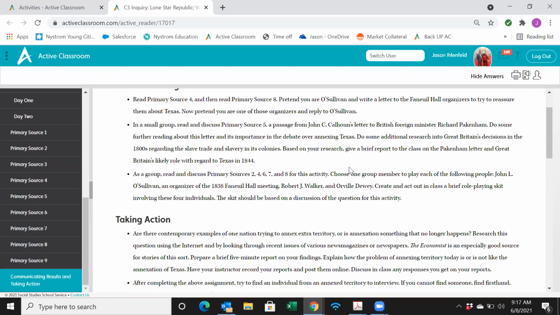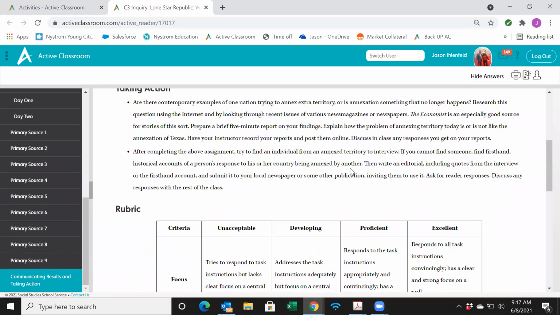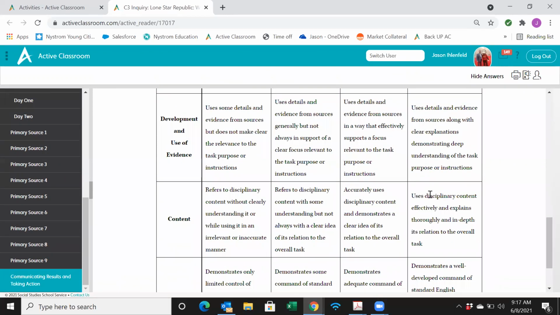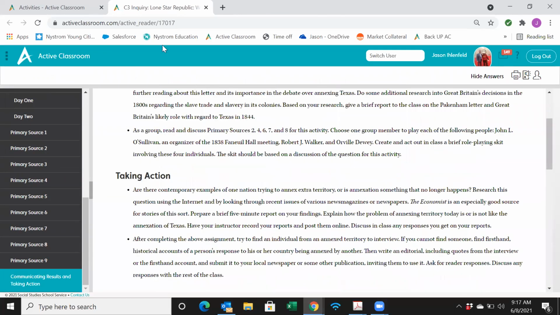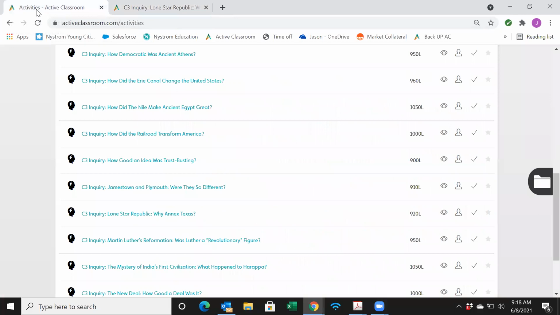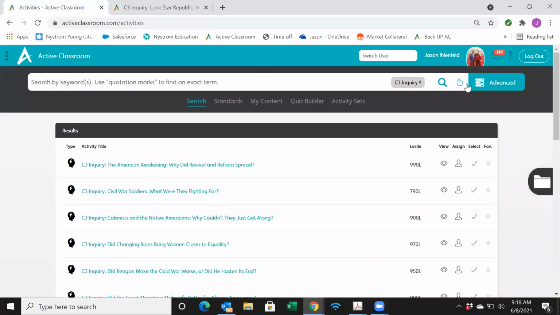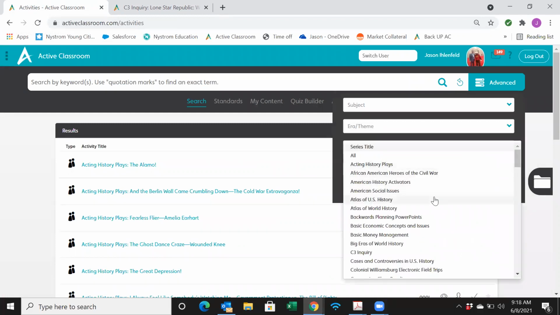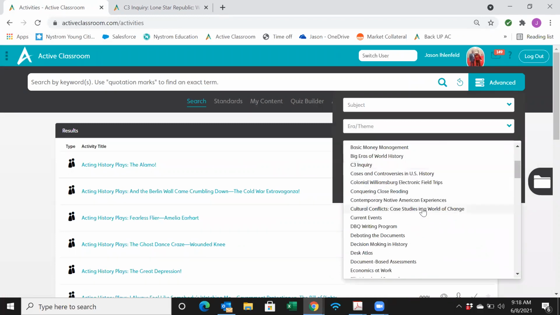So you've got all 4 perspectives in there for all 4 of those lenses to help contribute to this, and then a nice rubric to help the students understand what's expected of them. So that is called the C3 inquiry, and I highly recommend those. I love that series for US history. Just going back through again, talking about Atlas of US History, the C3, those are 2 that I've mentioned so